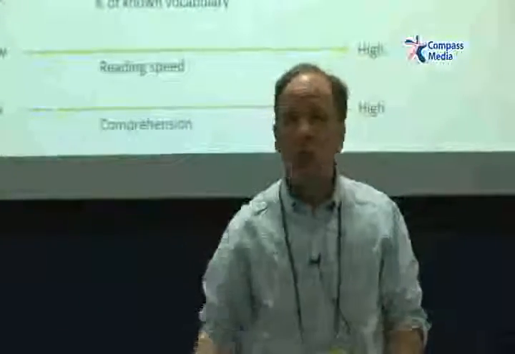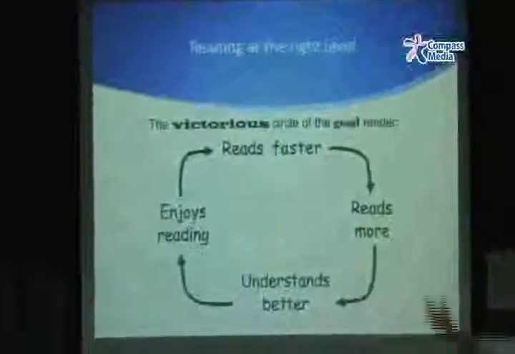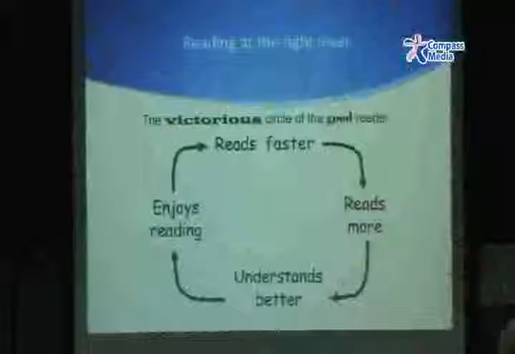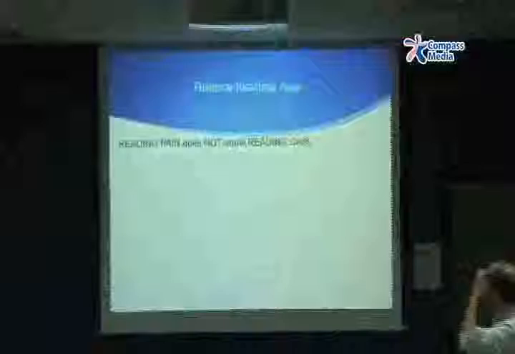Now, how do we know what their reading level is? You have to ask them. You can't decide. You can't say, this is good for you, because you don't know what's inside his head. You don't know how he feels about whether something is readable or not readable. Yes? So that's how they fit together. So, if they're reading at the right level, they read faster, they read more, they understand better, they enjoy reading, therefore they read faster. That's the cycle of learning that we want to have happen, as much as we possibly can. So in the fluent reading class, reading pain does not equal reading gain.